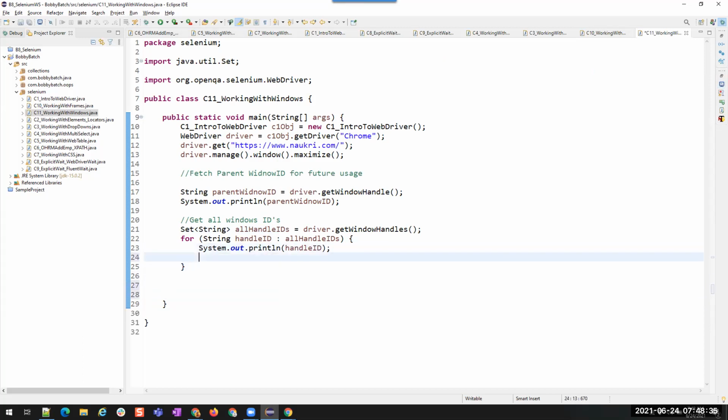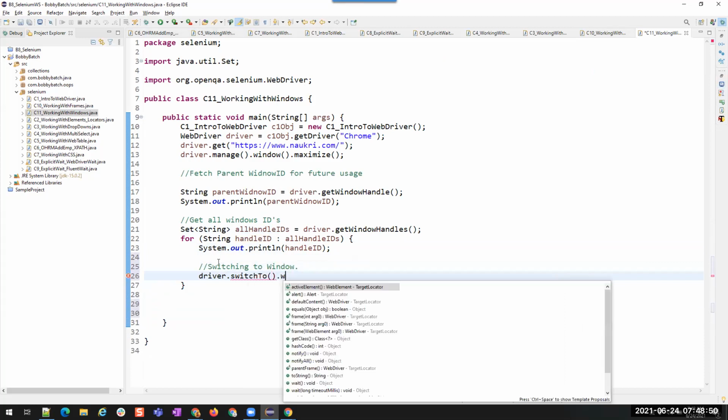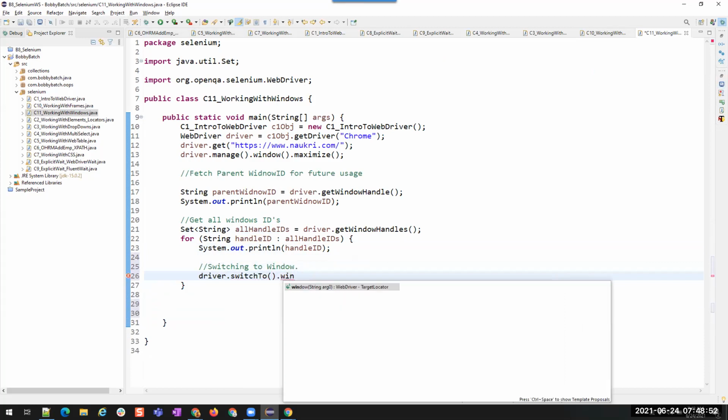Right? So for that, what we are going to do is switch to the window. To switch to that window, we have a method like this. Driver dot switchTo dot window, which is taking a string argument.